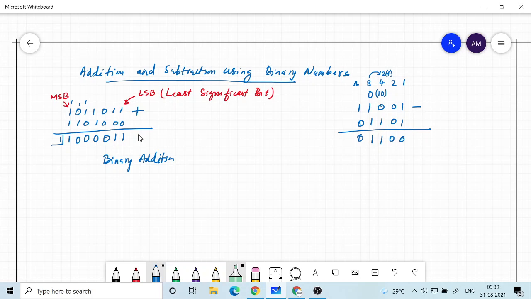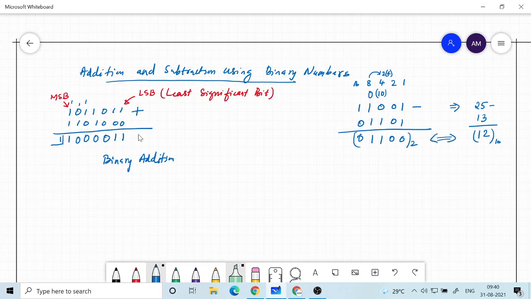So now let's check whether this answer is correct or not. This is basically 16 plus 9, so that is 25, and this one is basically 8 plus 5, 13, right? So 5 minus 3 is going to be 2, and 2 minus 1, that is 12. And you can see that this is basically 8 plus 4, that is 12. So in decimal we can verify that the result that we get is correct.